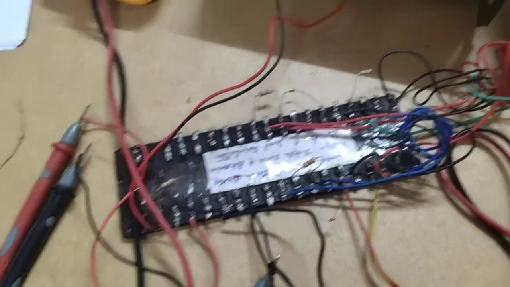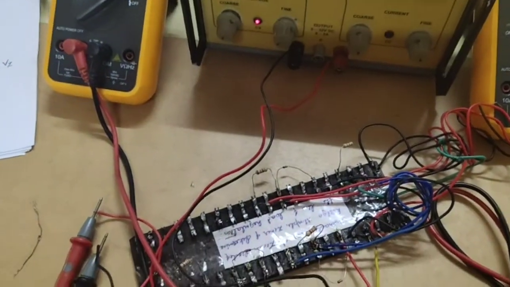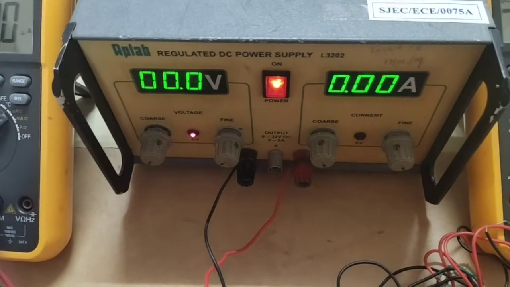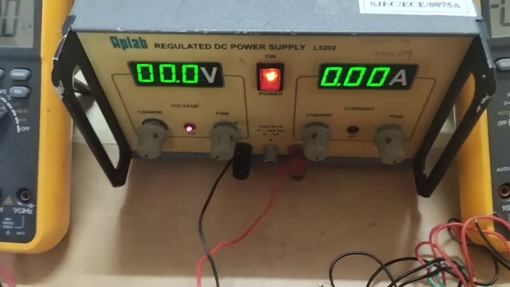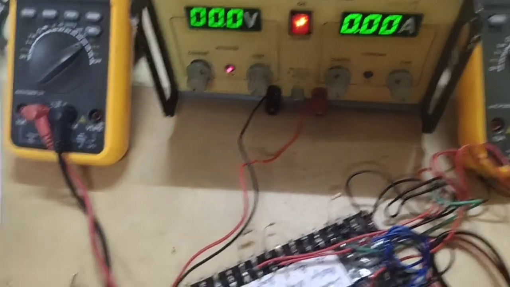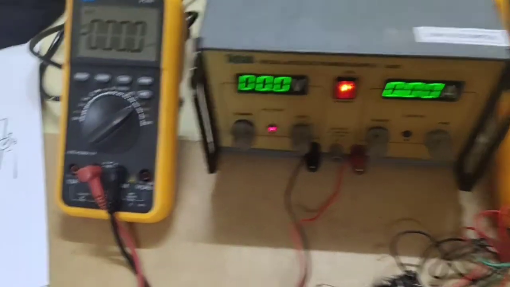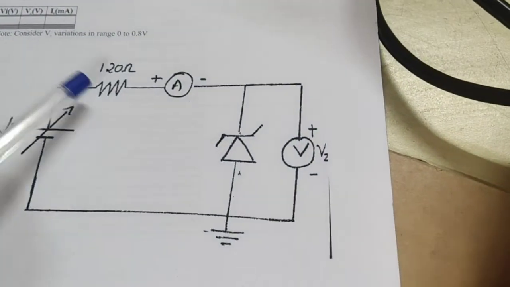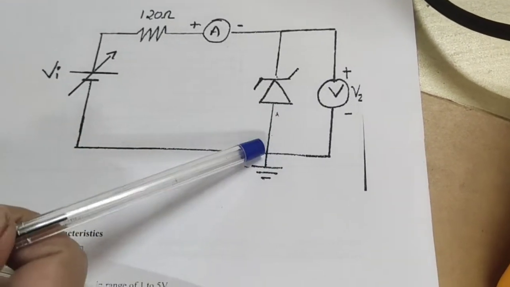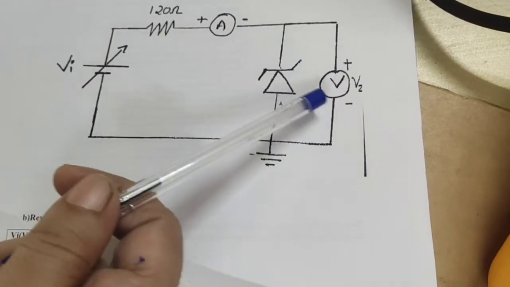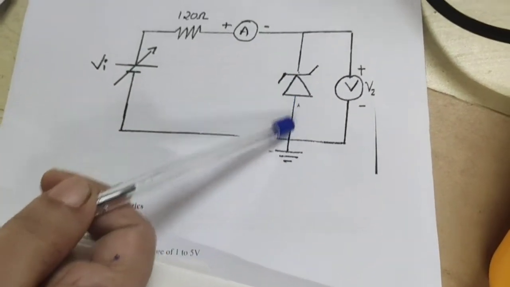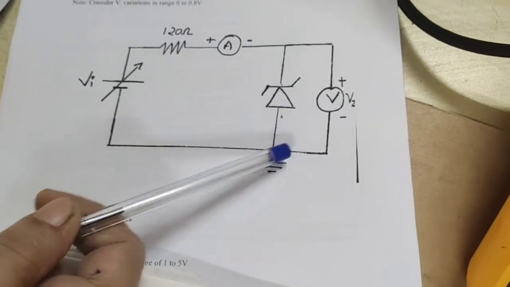Theoretically we know that reverse breakdown occurs at 5.6 volt. So let us start here. This is the circuit diagram. Here everything else remains the same. You must be observing that only this connection is reversed. Even the voltmeter remains the same. So your voltmeter positive is connected to the negative of the diode. Positive of the diode is grounded.